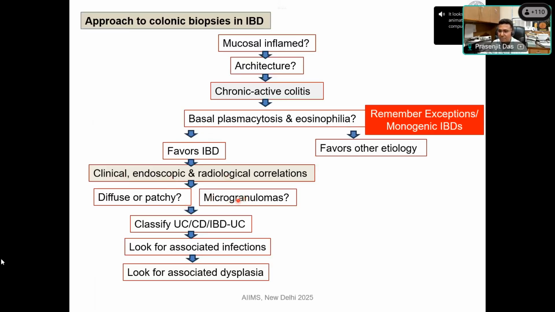We have talked about the microgranulomas that will help to further classify the disease. You have to also classify if it is UC-like, look for diffuseness or patchiness, and also look for non-cryptolytic microgranulomas. Classify accordingly, and look for any other associated infection. Even in IBD on follow-up on immunosuppression can have CMV infection. That's why it is a dictum: if you have clinically aggressive disease or a disease flare, or acute severe ulcerative colitis, and a biopsy has been taken, then you have to do at least IHC along with morphological examination for CMV. Okay, so that you have to do, and always look for dysplasia. So please follow this